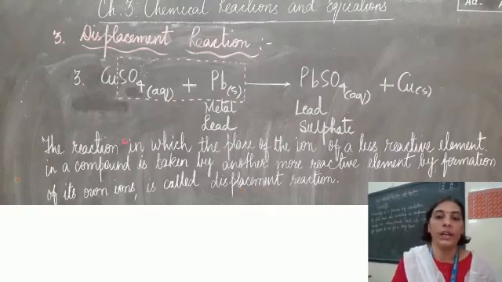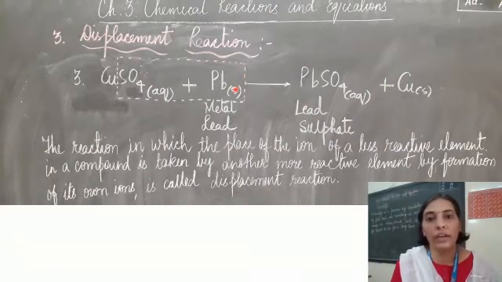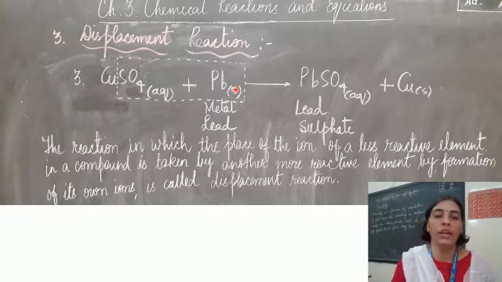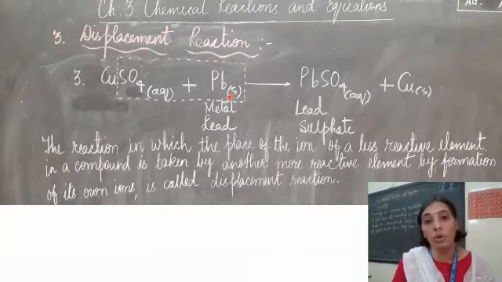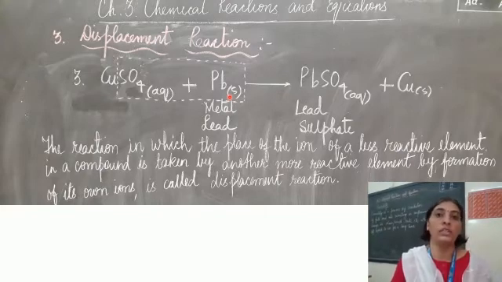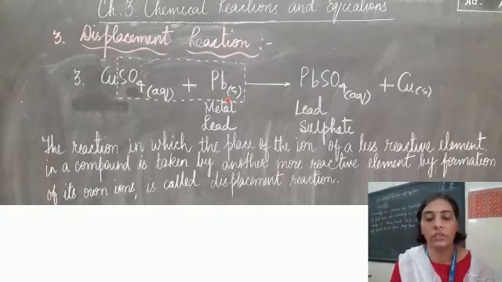So with this we come to the end of this third type of reaction, that is displacement reaction, and I hope you are writing down. You must write down as the explanation is going on, because it covers the entire lesson, and you will be making short notes for yourself. So let us go on to the last and the fourth type of reaction, that is double displacement reaction.